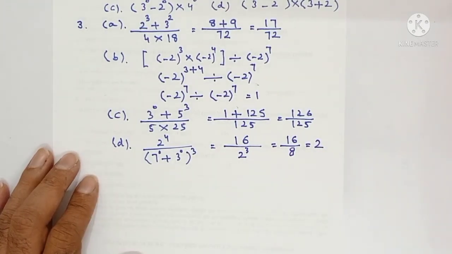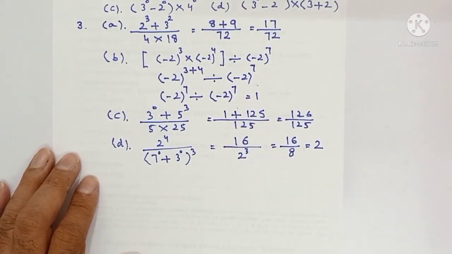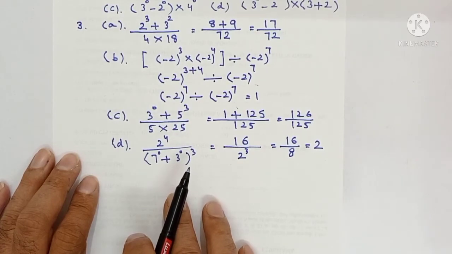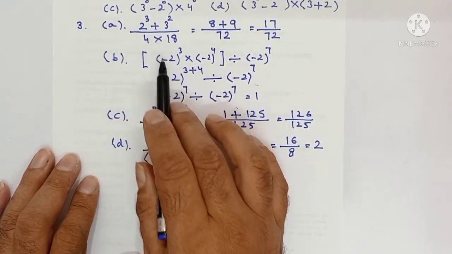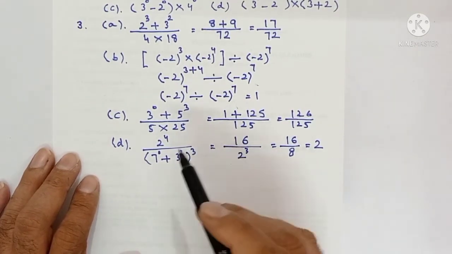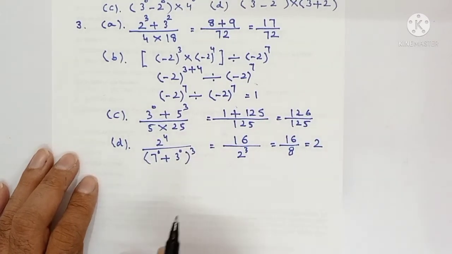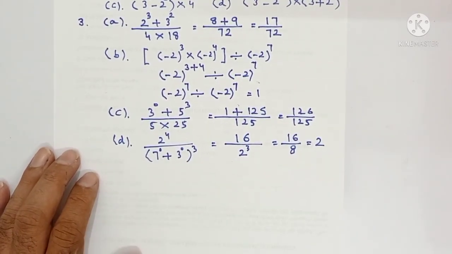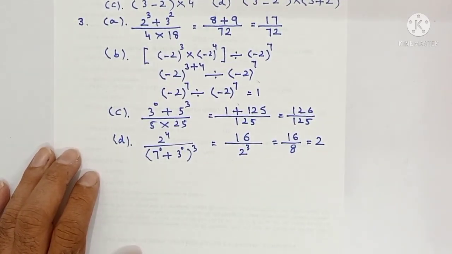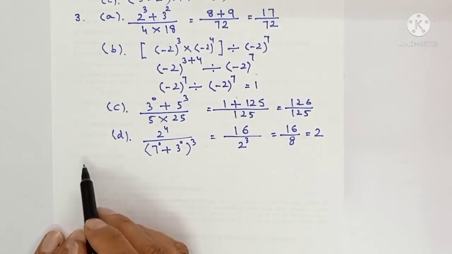So the question was which of the following is not equal to 1. Only B option is equal to 1. And if he is asking which is not equal to 1, then options A, C and D all are not equal to 1. And if it is asked which is equal to 1, then option B will be correct. But as the question asks which of the following is not equal to 1, in that case it will be A, C and D.